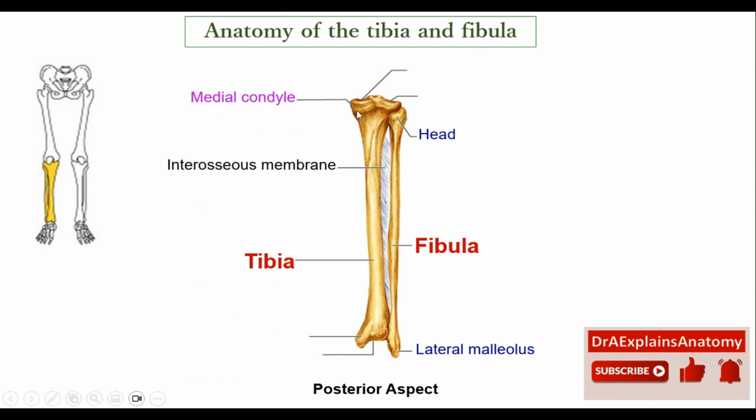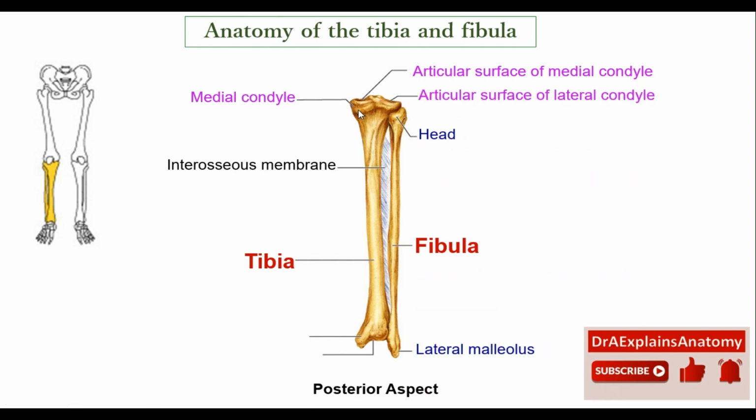This structure is the medial condyle. Remember, the tibia is the medial bone. So right here we have the medial condyle. Right here we have the lateral condyle. Whereas the superior surface right here, this is called the articular surface of the medial condyle of the femur. The femur has its own medial condyle. Don't confuse the medial condyle of the femur with the medial condyle on the tibia, two different structures.